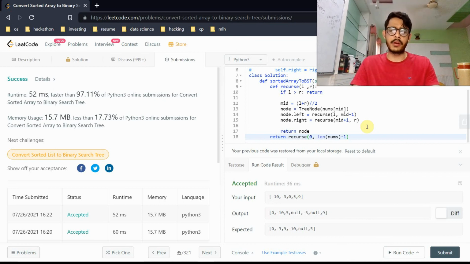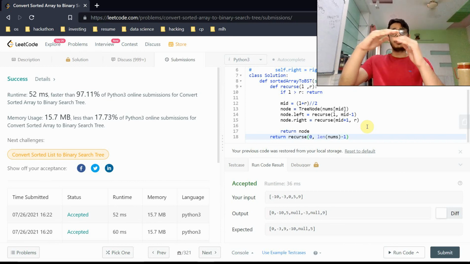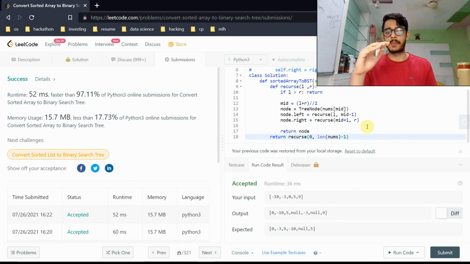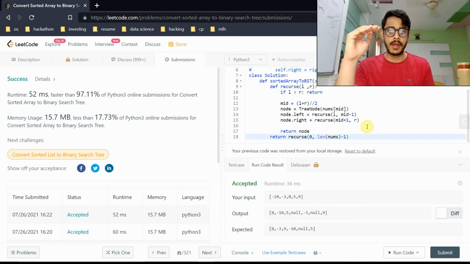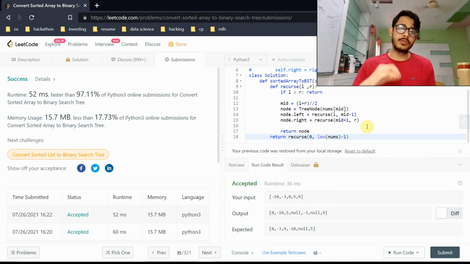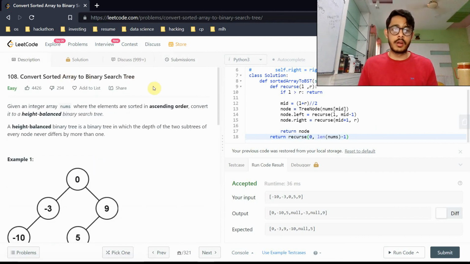Now, how do you find the maximum height of the stack? It means that you need to find the maximum height of the tree. See, because you have n nodes, log base 2 of n is going to define the height of the tree. And that's not for any binary search tree, only for the binary search trees that are balanced. And our case happens to be height balanced BSTs. In this case, we can exploit this fact and say that the space complexity is now reduced to order of log n. And so this wraps up the solution for converting a sorted array to a binary search tree, which is height balanced. Cool. Thanks for watching.